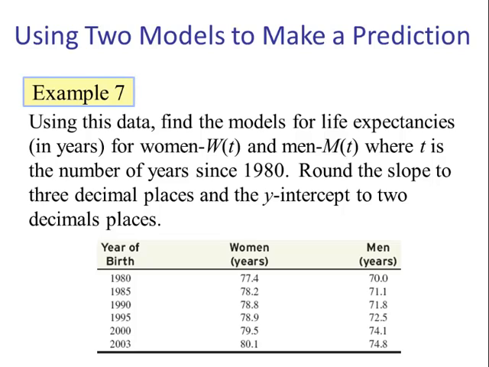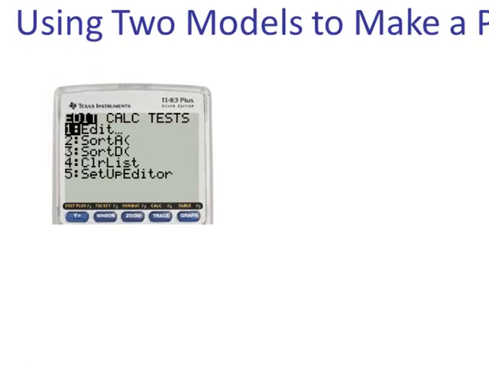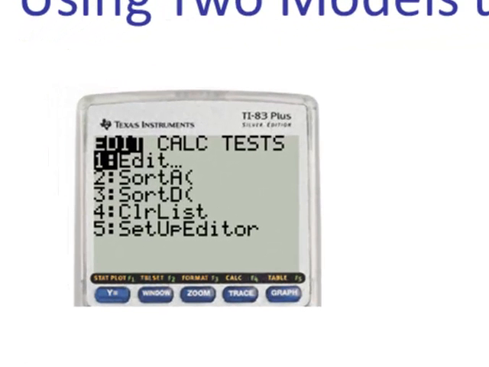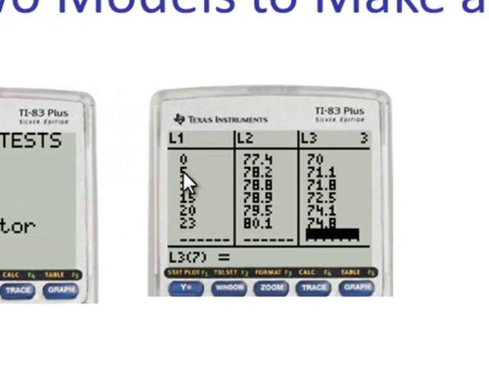So we're going to use the graphing calculator. Put our independent variable in list 1. We'll put the women in list 2. Put the men in list 3. So we hit stat on our graphing calculator, and then enter for edit. List 1 will be t. List 2 will be the life expectancy for women. List 3 will be for men. Once you have the data entered in,